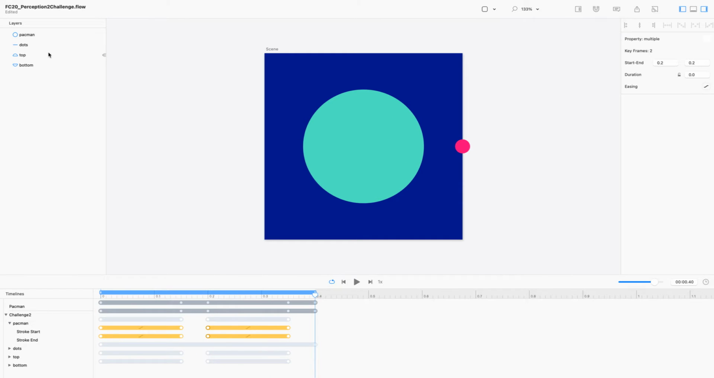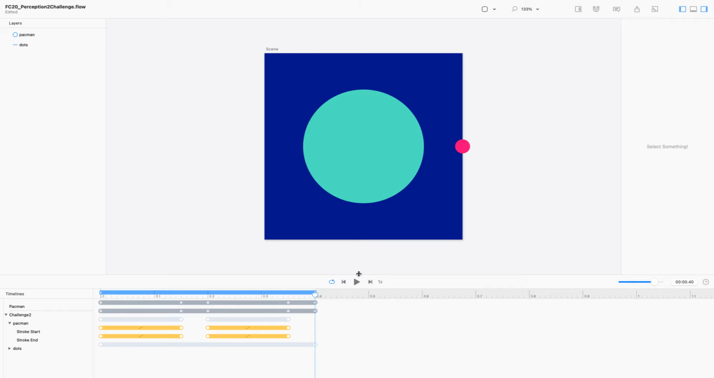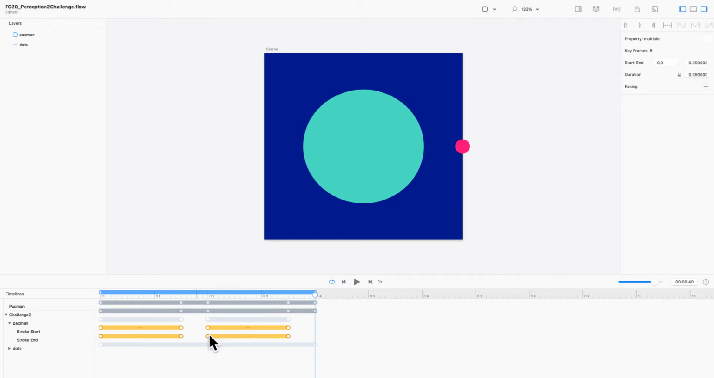Next thing we're going to do, as the top and the bottom, we're going to delete that. And we are lastly going to select all of our key values, change all of the easings for these animations to linear, and we're going to hit play. And we have the same animation. Only difference being,